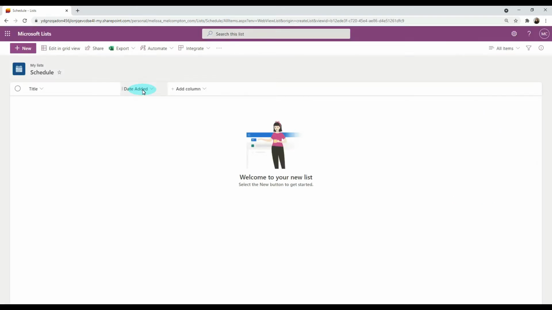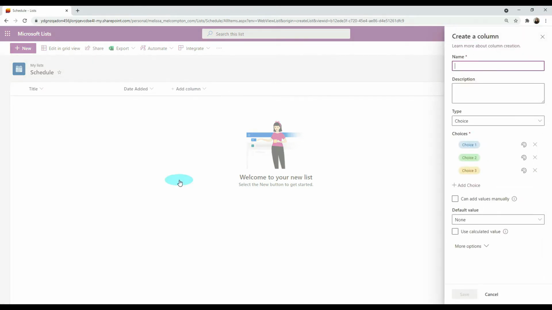So now we see our date added column. Now just keep in mind, anytime you add a column, it's going to tag it on to the end. But we can click on it and we can drag it where we want it. But I'm going to leave that one there. So now let's add another column. And we're going to do this one as a choice. And I'm going to name this one